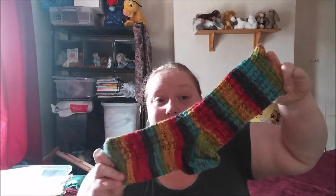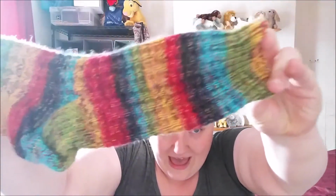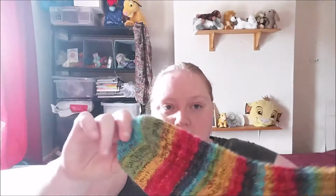We'll just go. This is what I'm thinking about this whole recording, is that we'll just go. So definitely not in order, because these are my latest finished pair of socks. So this is actually the 70th pair of socks I've ever knitted according to Ravelry. So there may be some that I did before I started recording every project on Ravelry. But these are the 70th pair that I've knitted according to Ravelry, and they had to be rainbow because I